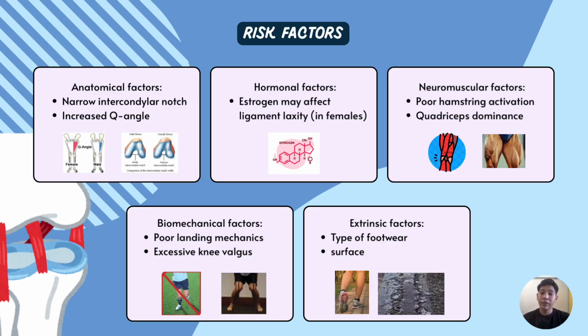Building on our understanding of risk incidence, we have to look at the specific factors that predispose individuals to ACL tears. Anatomically, a narrow intercondylar notch or an increased Q angle, which is often more pronounced in females, can create mechanical disadvantages. Hormonally, research suggests estrogen may influence ligament laxity. From a performance standpoint, we look at neuromuscular and biomechanical factors such as quadriceps dominance or excessive knee valgus during landing. Finally, extrinsic factors like improper footwear or unstable playing surfaces play a critical role in the environment of the